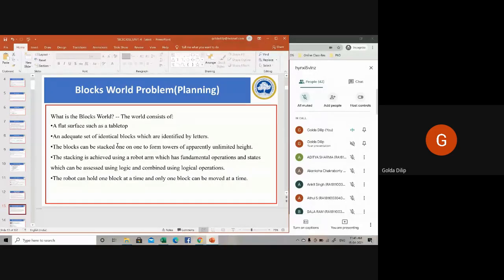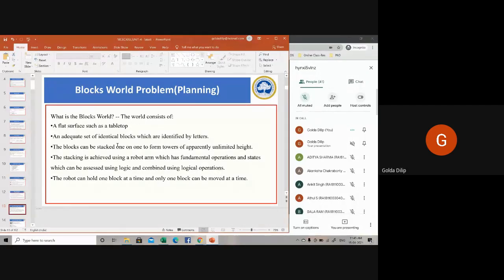If a robot is asked to pick up a box lying somewhere in the room, maybe under some other box, and then instructed to place it in some other place or on top of some other box, in all those kinds of situations the block world algorithms are quite useful.